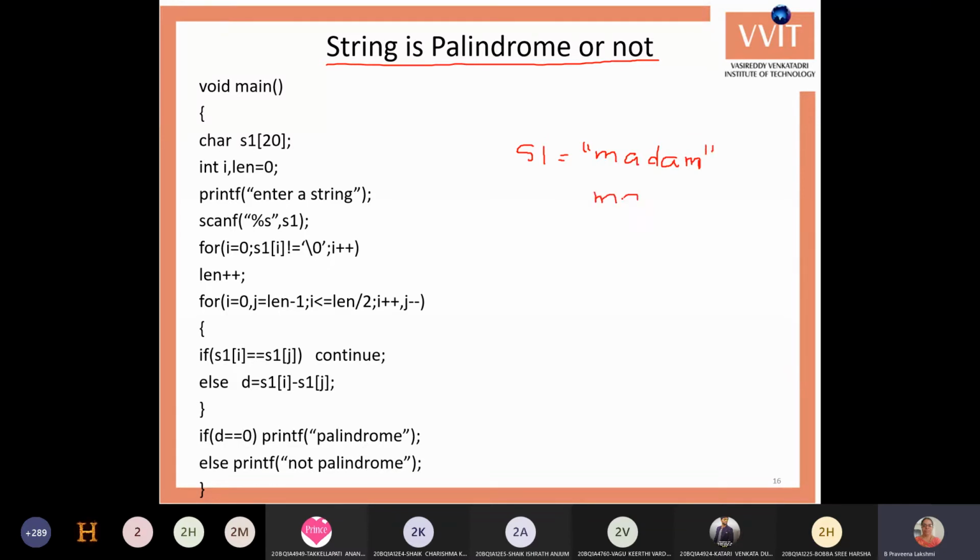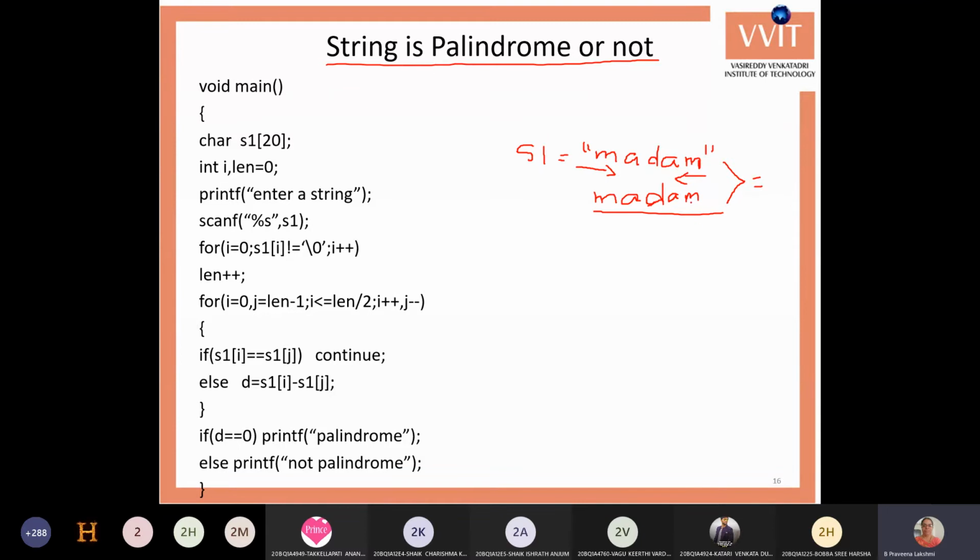Whenever you reverse the string, you'll get the same letters as MADAM. That is, whenever the string is a palindrome, the letters from the first and the letters from the last are matched. Then we can say that the string is a palindrome. Or we can check whether the reverse of the string is equal to the given string. Then also we can say that the string is a palindrome.